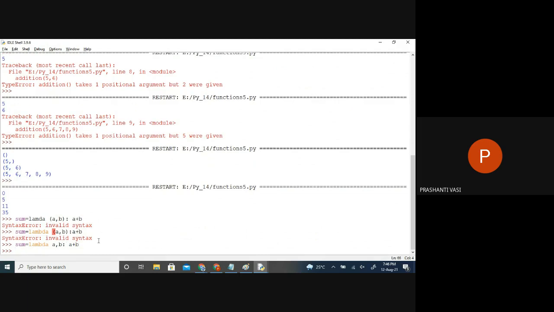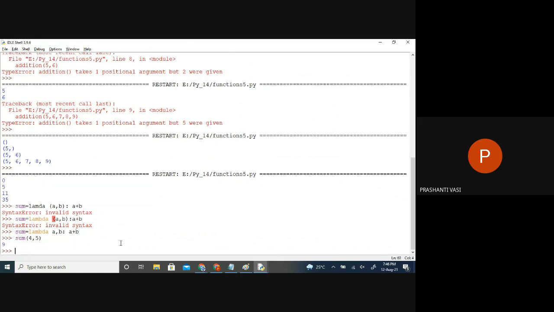So see, version to version it differs. In some versions, we have to give round bracket. Now this is 3.9.6. Okay. I'll check with the older versions also. So this is how we pass. And when we want to run this expression, we just have to say, so you can directly see that it's calling it.